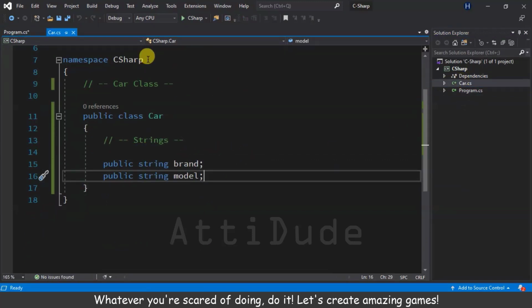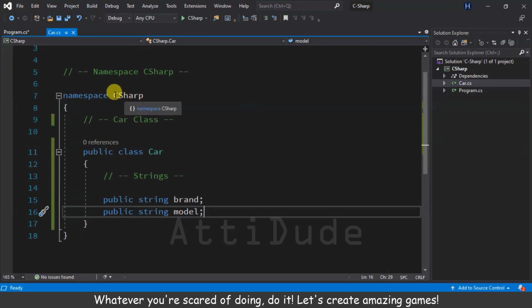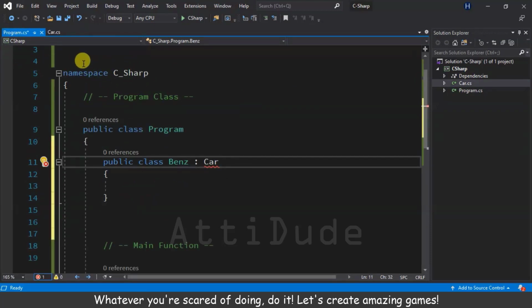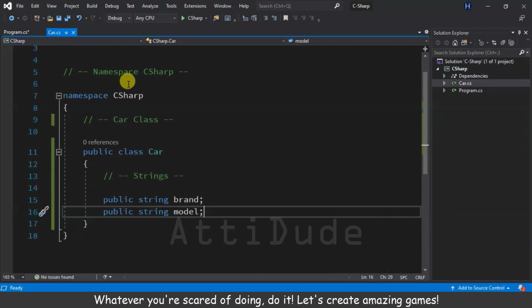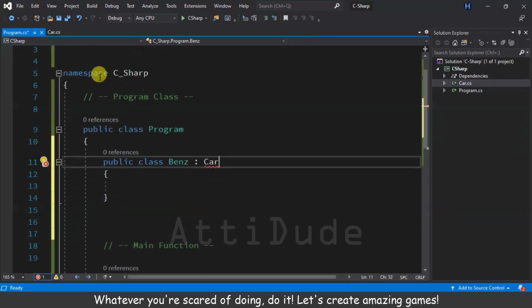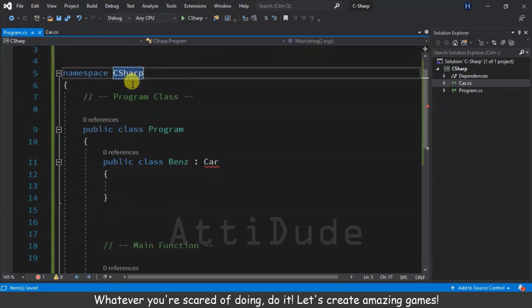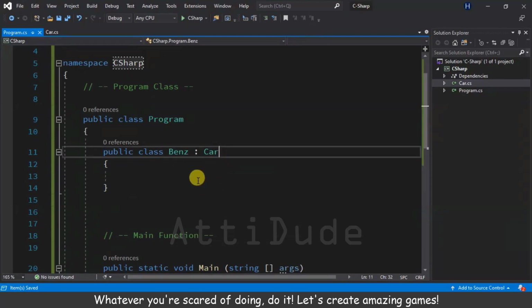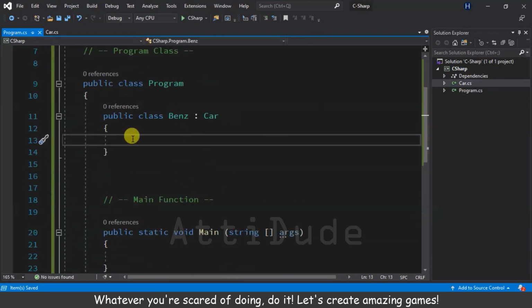Here if you notice, it is C sharp, and here it is C underscore sharp. We don't want that to be happening, so you can just write this, and that seems to be completely fine. We have Mercedes Benz, and we can